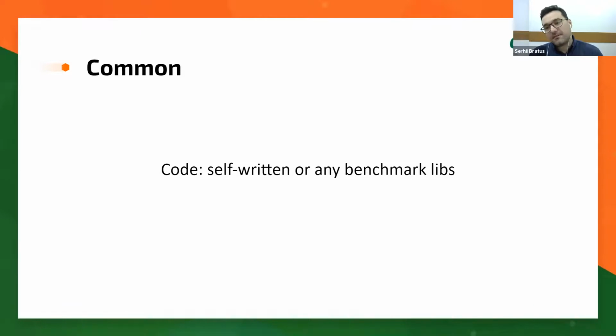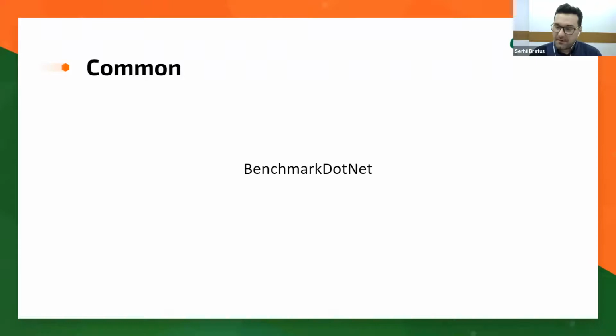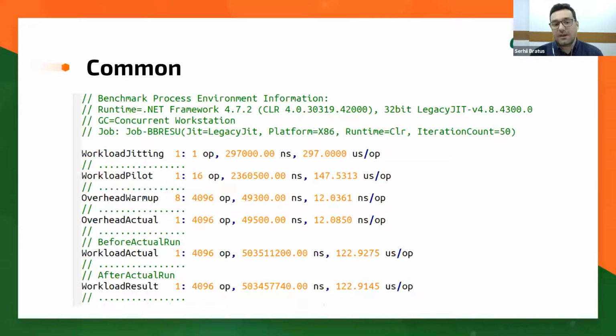There are a lot of those libraries, but I myself have lately been working on .NET most of the time, and so my favorite benchmark library in that language is BenchmarkDotNet, which gives you very nice statistics about what you have run. When you add the benchmarking mechanism to your code, after the execution you'll have many runs of different stages of the program's execution, and you'll see the cold runs measurement, you'll see the hot runs measurement, and you'll see different workload results for different variables.